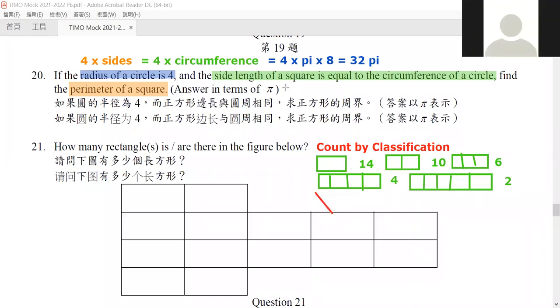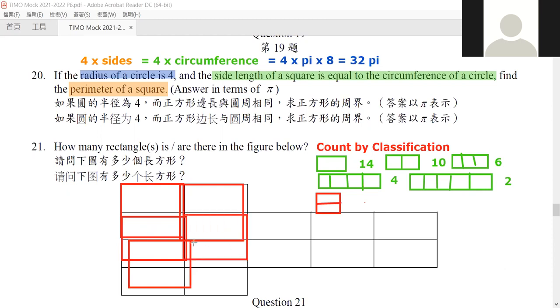Okay, now these are all of the width equal to 1. Now we would like to consider the width equal to 2. So let us consider the rectangle like this. We combine the rectangles up and down, so the rectangle is like this. So this will be 1, 2, 3, 4, 5, 6, and then 7, 8, 9. So there will be 9 of them.